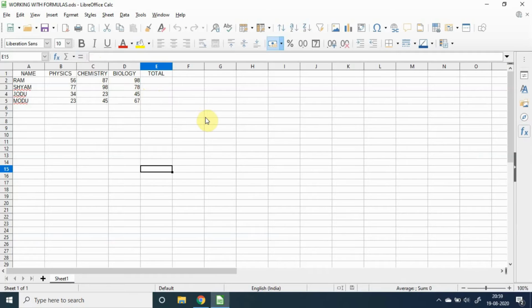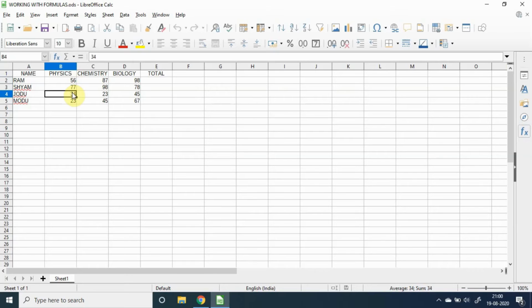A cell address is the combination of the column heading and the row heading. This active cell has the address G7. Likewise, all the cells have their addresses. So while writing the formula, we will need the operators and we will need the cell addresses.